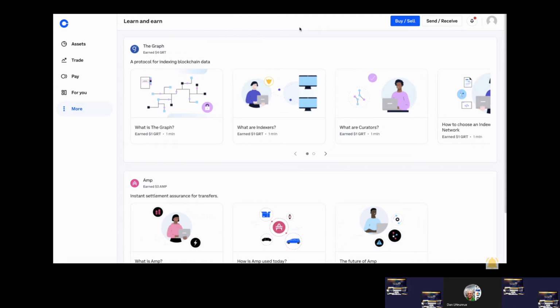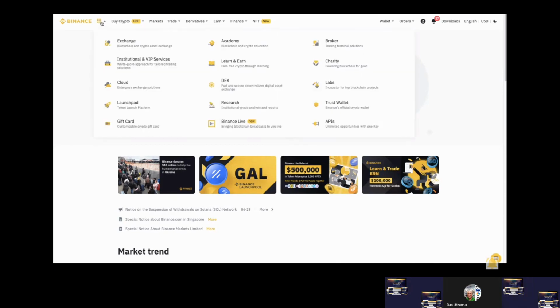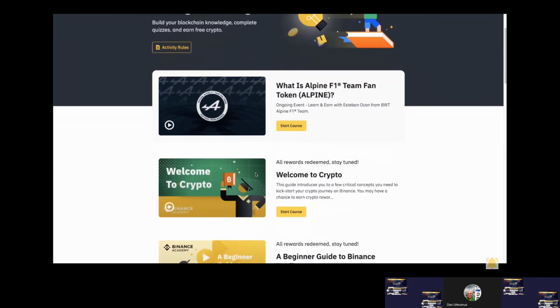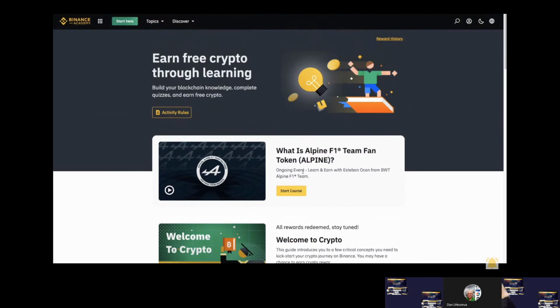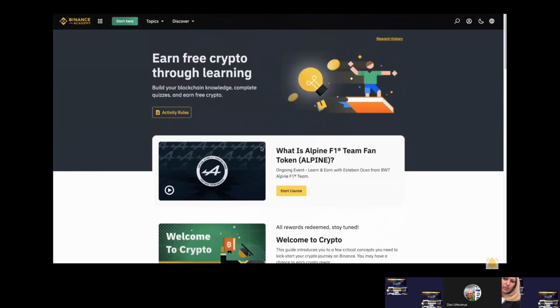Additionally to that, there are other ways to learn and earn. So as I said, these are little quizzes you can do. You can jump across to Binance, for example, which is another one that we mentioned to sign up for the affiliate program. And by going to this button here, you can go across to learn and earn. And what you can see is that they regularly update with new quizzes themselves, and you can earn tokens. Essentially, you can see they've had loads of them in the past. This is the current one, and you learn a little bit of